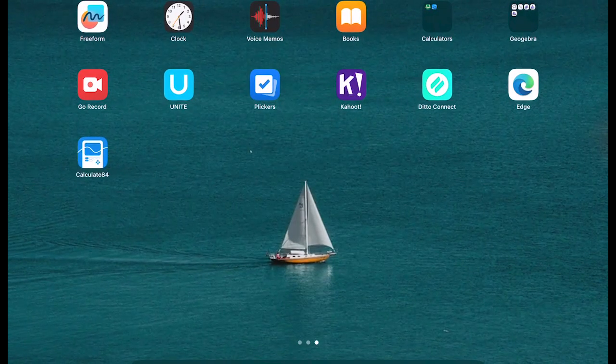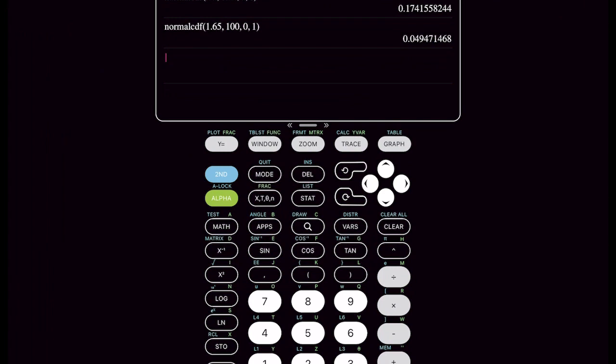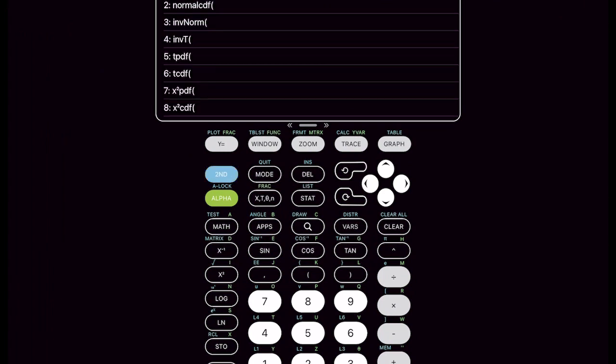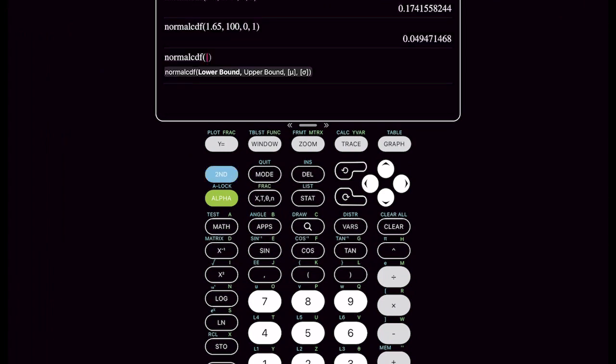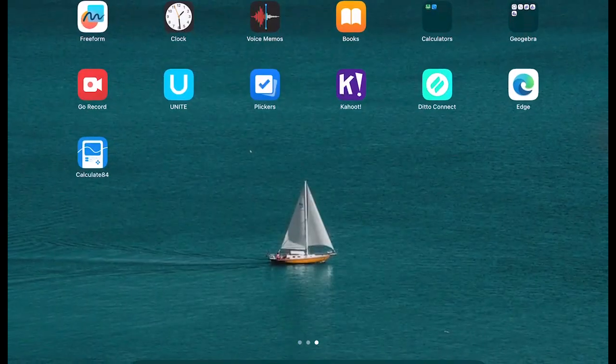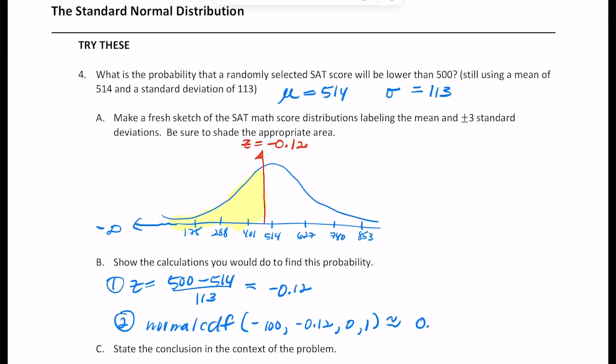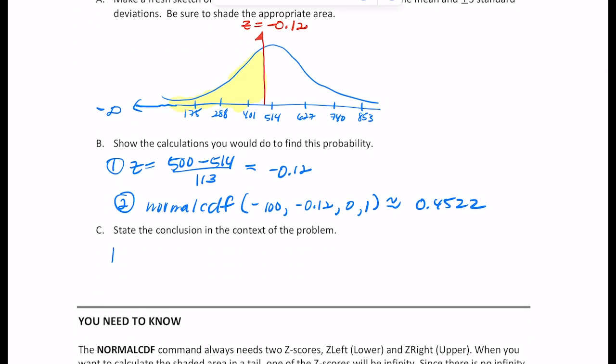So we have second vars, number 2, and it's negative 100, negative 0.12, 0, 1. And enter, and we get 0.4522. So what does that mean? It means that the probability